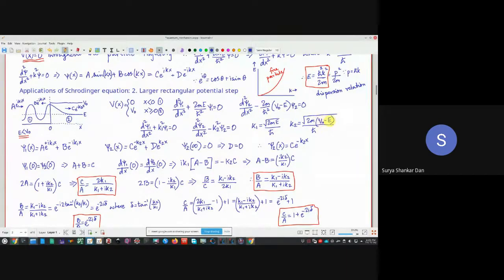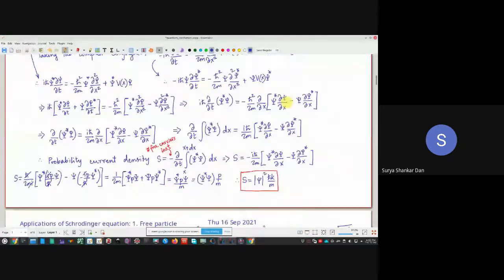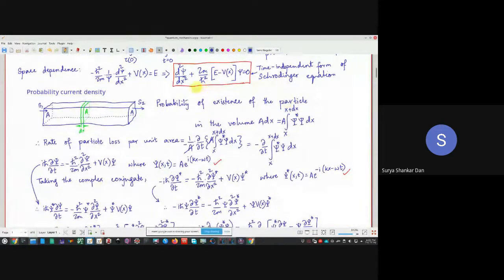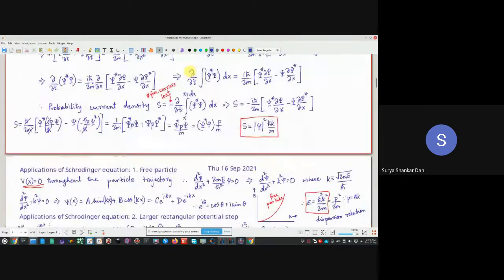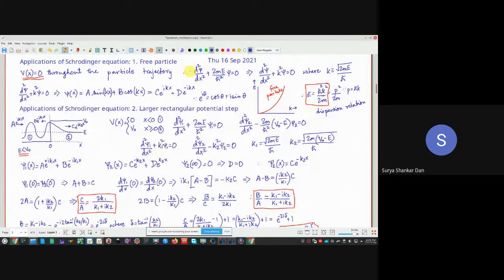If we keep E minus V0, K2 becomes imaginary. We will try to avoid that. So if these wave numbers are essentially like this, then a negative comes here. It was E minus V0 in the equation, check it. It was E minus V, there it was plus, so I have done V minus E so that this particular factor becomes positive. So a negative comes here. Very simple algebra. Okay. Now look.